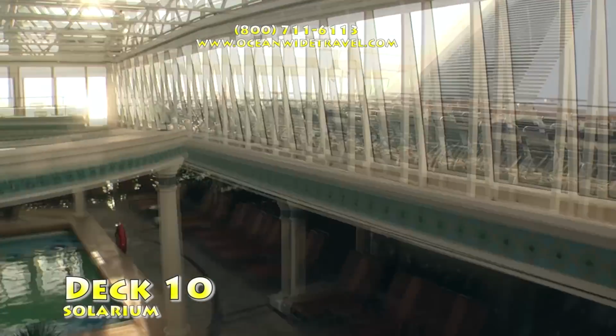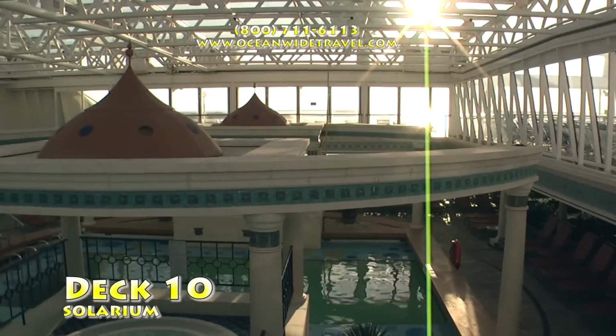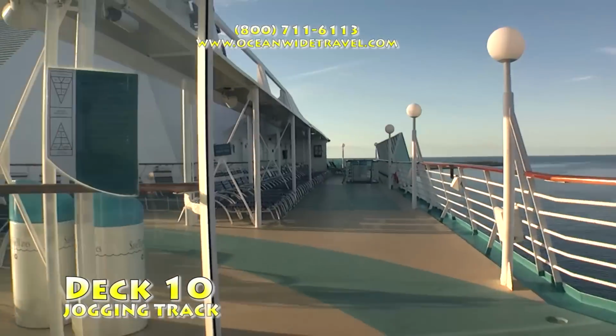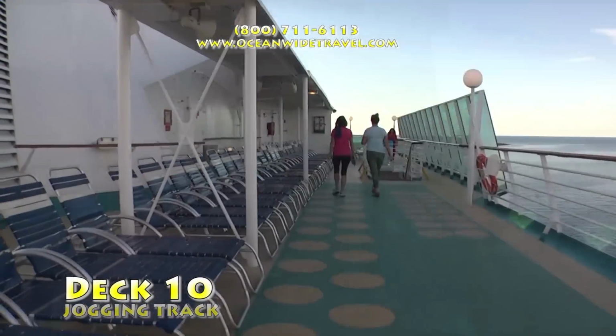This is a great view into the Solarium pool. The unique feature about this area on the ship is that it has a retractable crystal canopy. So whether or not the weather cooperates, it's always beautiful in there. And for all the dedicated joggers, you'll be enjoying a quarter-mile track